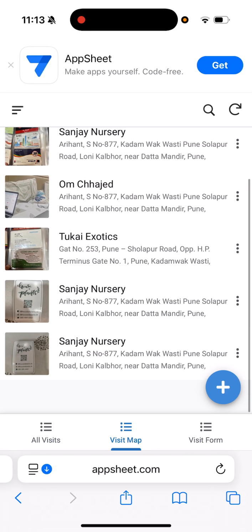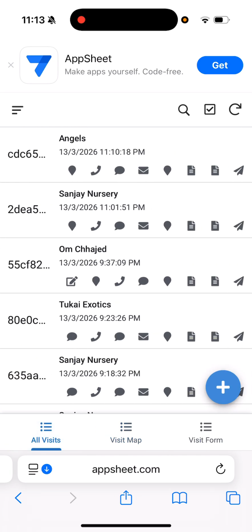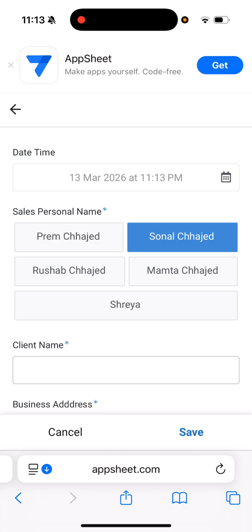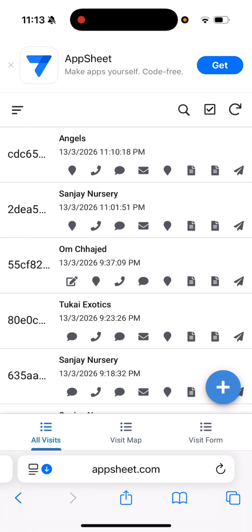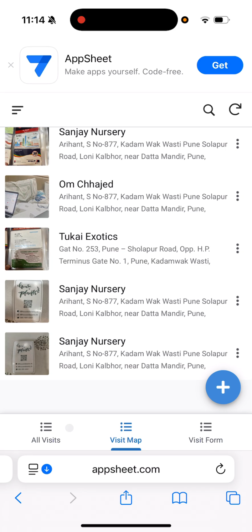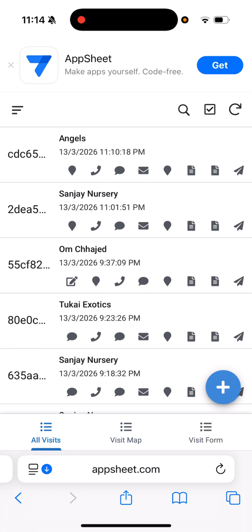One thing that I could have added, this screen is redundant, is an AI summary. For example, for this particular salesperson, how many visits he's done in a day could have been added. Apart from that, we are not measuring anything really. Visits is the only metric here, but that could have been added. Adding any other AI-led features, for example extracting data from the video, or having a voice note feature here and transcribing it, could be too much for this particular app